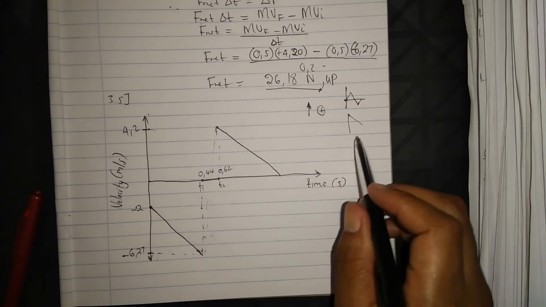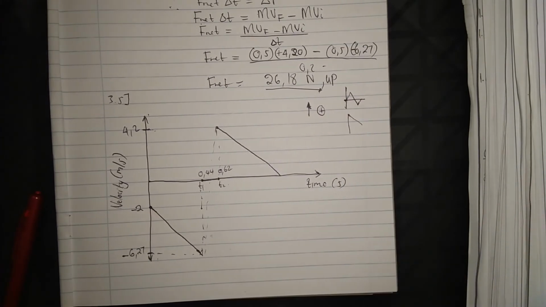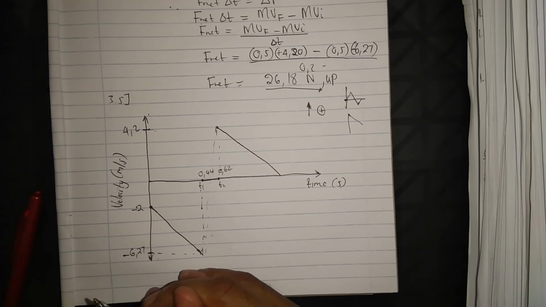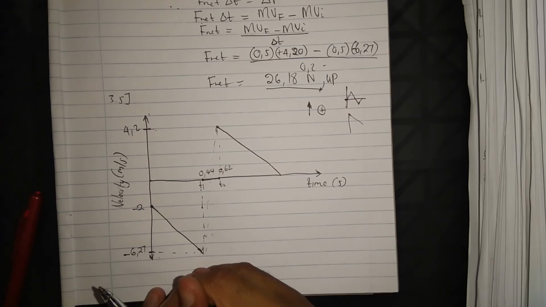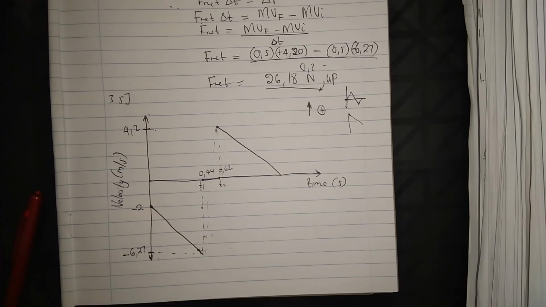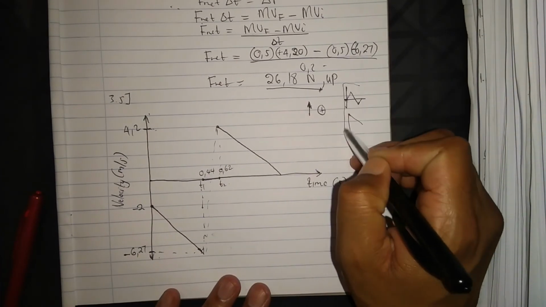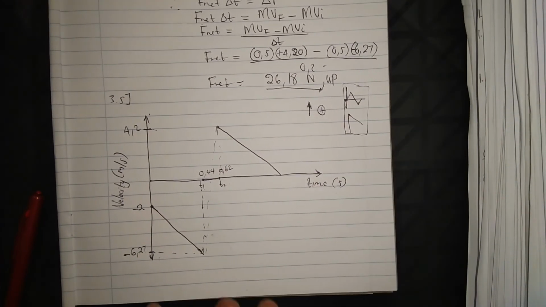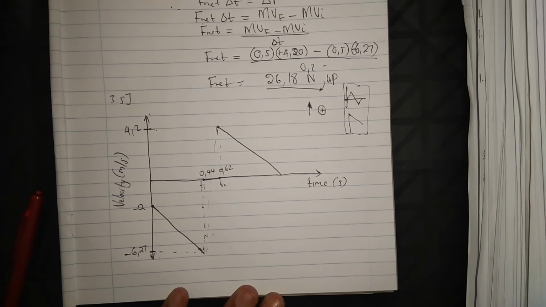And then for position versus time graphs, I just hope they showed you those graphs in class, but for this video we will end here. If you need me to discuss those graphs